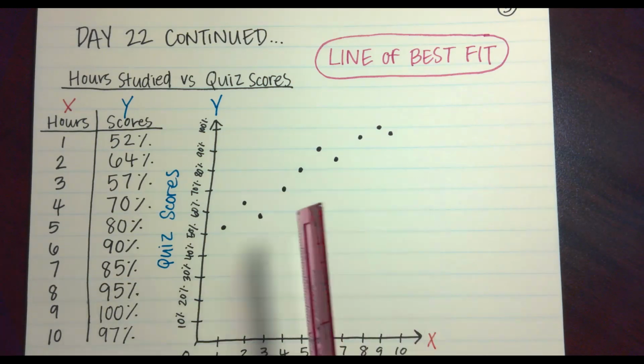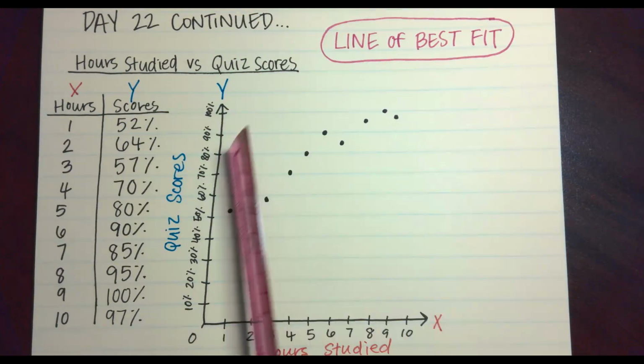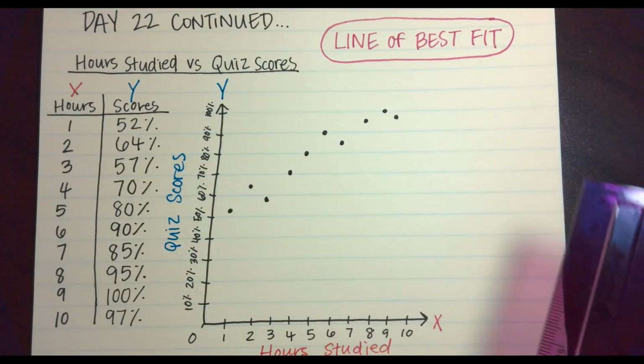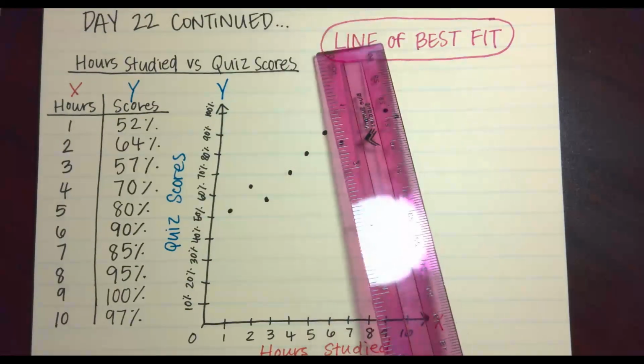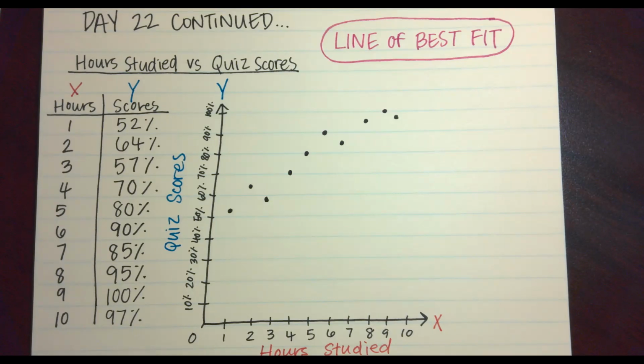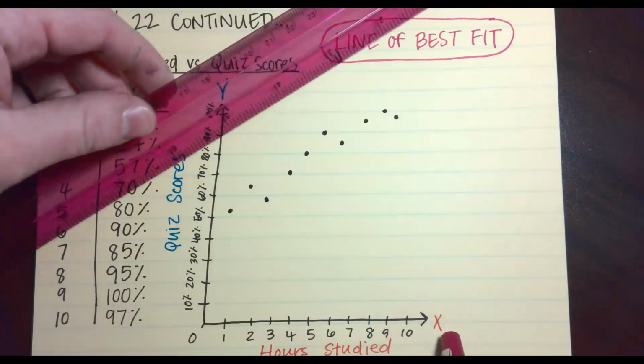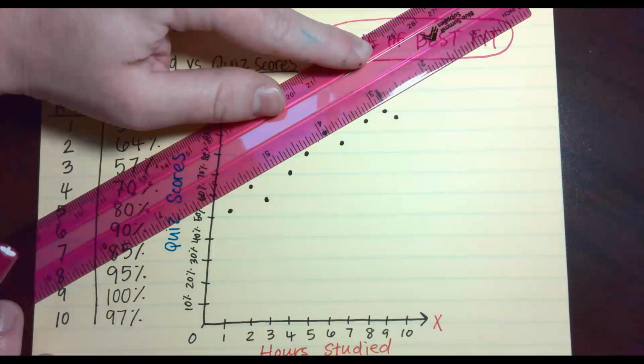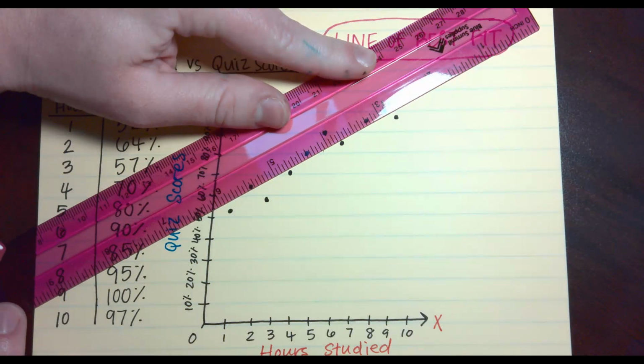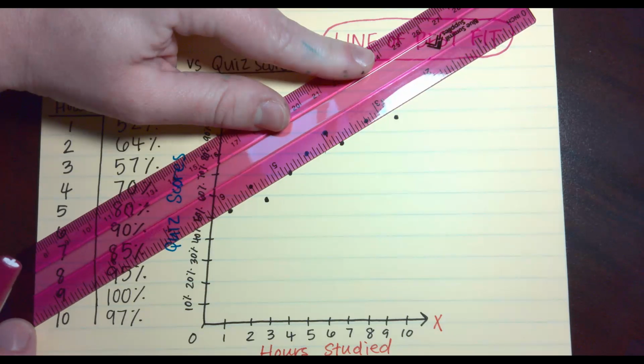So once you have your data points plotted into a scatter plot, we can use what we call the line of best fit to help us predict data that we might not have. So what if I want to know what somebody might score if they studied for 3.5 hours? I don't have that data, but what I could do is look at the points I plotted, and I'm going to take a ruler and just estimate what looks to be about the middle of these points. I'm going to say that's pretty close.